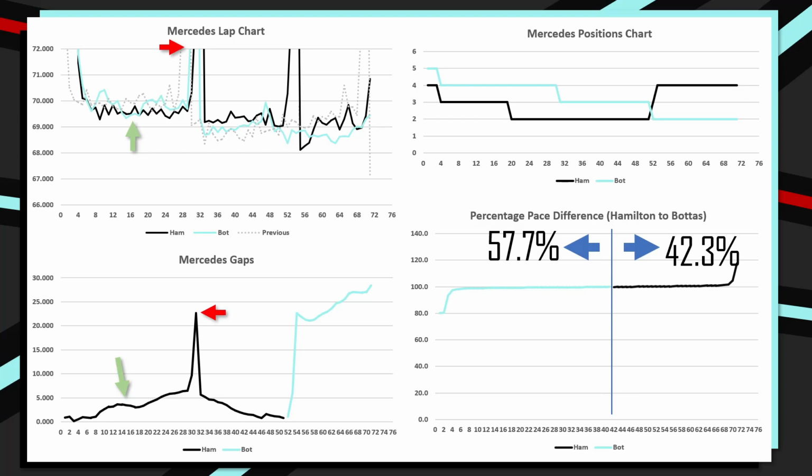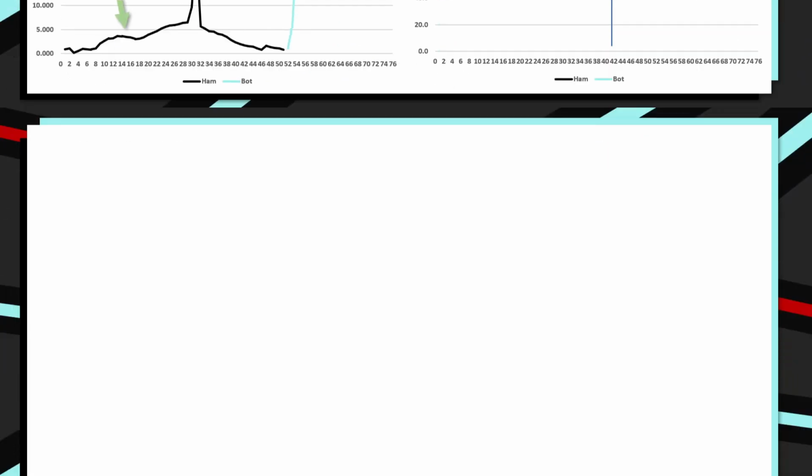And then obviously Lewis Hamilton has to take his second pit stop, mainly, I'm not sure why, actually. It wasn't damage related, it wasn't really tyre wear related, I'm not 100% sure why he took that second stop. But he did overall, and he wasn't even able to go faster than Valtteri Bottas post pit stop. But what we can do now is just analyse the clean air lap pace of the two Mercedes cars,